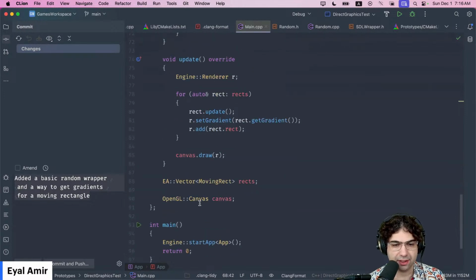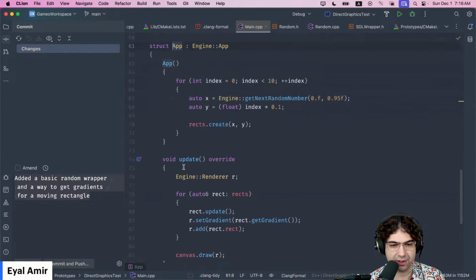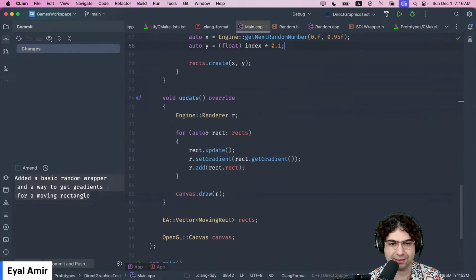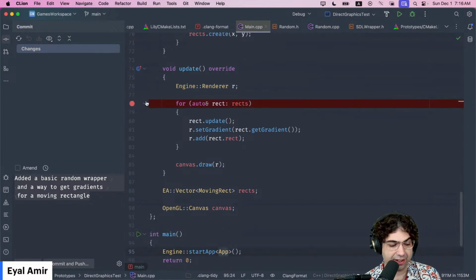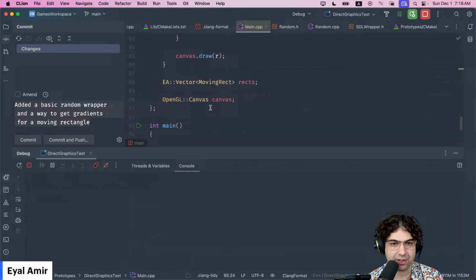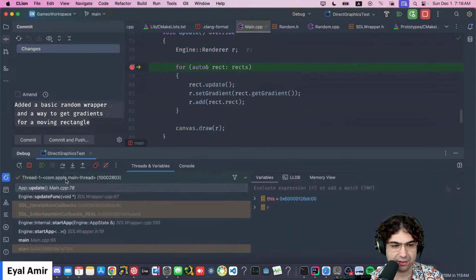is using internally the app thing, as actually the update gets called by SDL. So this is an update loop for event handling, right? Let's see exactly what that is. And so I'm just going to debug this, and you can see that